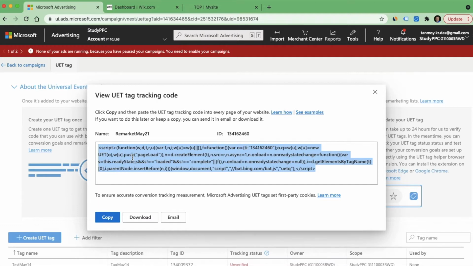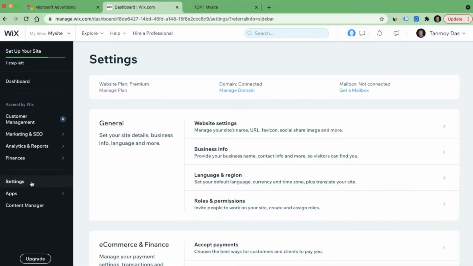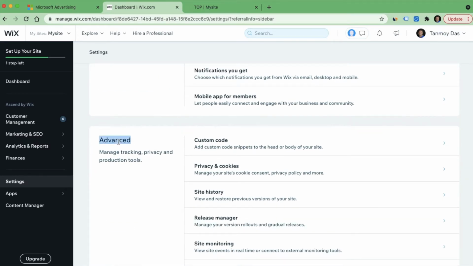You can take this code and paste it on your website CMS tool wherever you have built your website. I'm going to copy this code right now and go to my Wix dashboard, with which I have built my own website. So we'll go there and paste it out. This is my Wix account where I have built my own website. Now I'm in the dashboard section of Wix. We will go to the settings on the left panel, and in settings, if you scroll to the bottom of the page, you will come to advanced settings where you will find custom code.